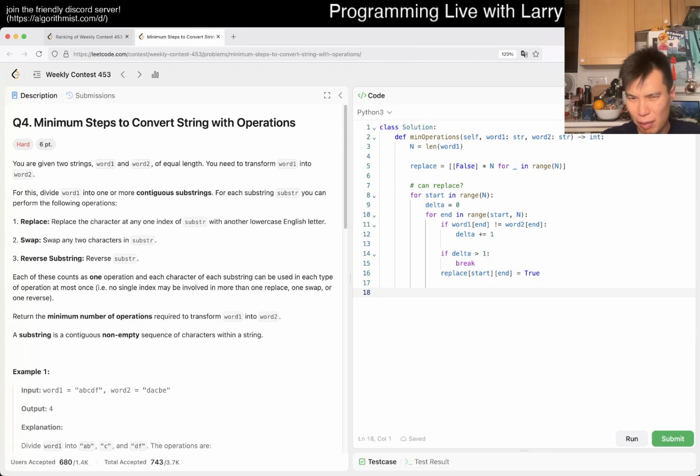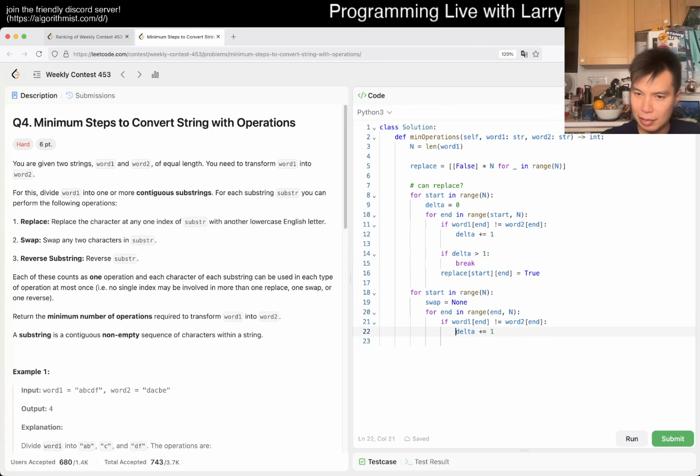And then now the other one is swap. Swap's a little bit trickier, right? It's going to be the same idea though, right? We have... right, so then now, okay, so if it's not the same, then what happens? Then now, okay, swap is equal to none, and then if they're not the same, then we want to say swap is equal to maybe this,